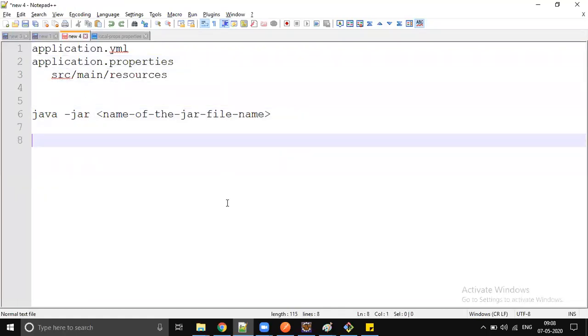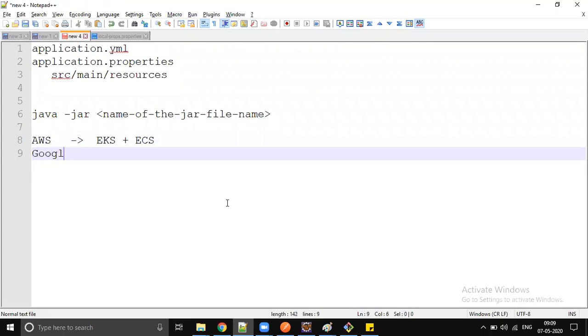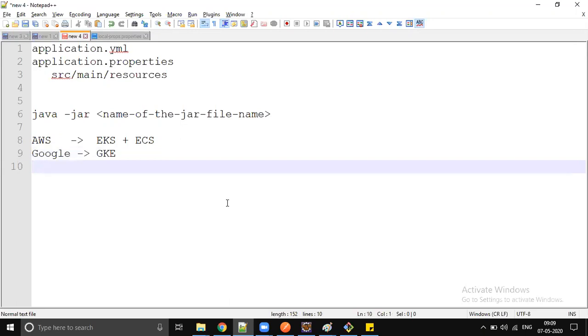Now full automation is on the way, right? So tomorrow, when you are going to deploy your Java microservices application in AWS, you're going to deploy those applications into AWS EKS plus ECS: Elastic Kubernetes Service and Elastic Container Service, where we run containers for Docker, Kubernetes for Kubernetes pods. So if you're going to use Google Cloud, I know only one thing, GKE. I don't know the full details, right? So at least for Kubernetes, we have a concept called GKE. Maybe, like ECS, there might be some other service in Google.